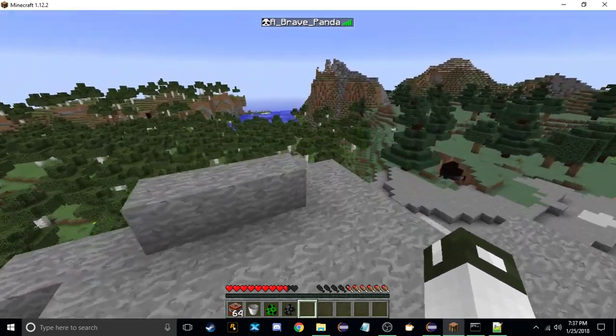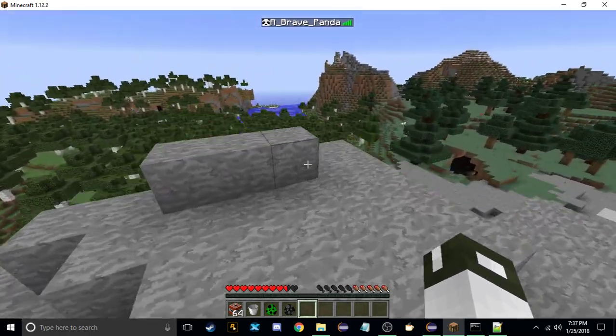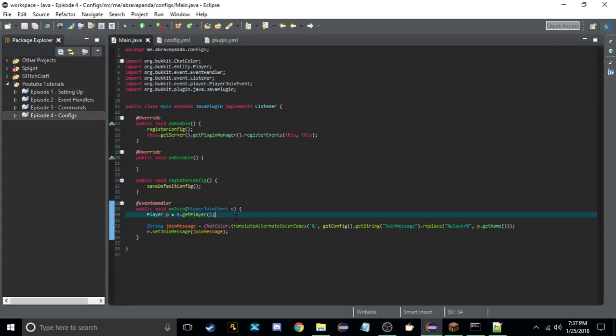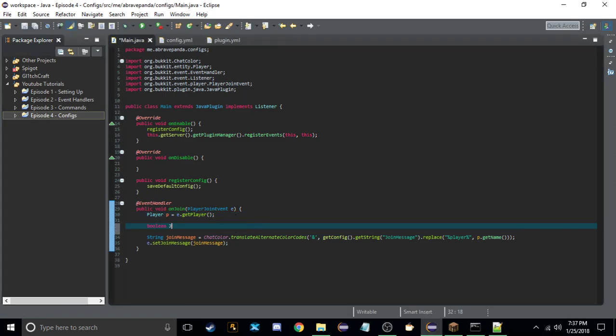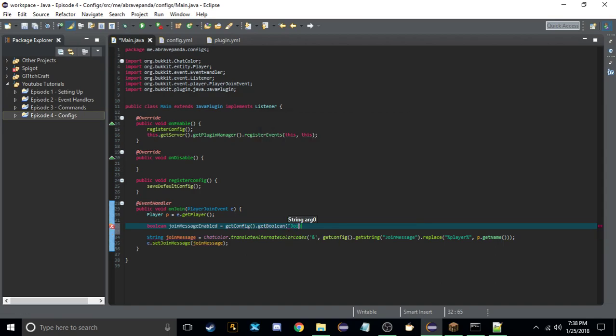And lastly, what we're going to do is enabling. So say we want the player to be able to enable or disable that join message. So what we can do is we can create a new variable, and we'll call this boolean joinMessageEnabled. So for those of you who don't know what a boolean is, it's either true or false. So if we do equals getConfig().getBoolean("join-message-enabled"),